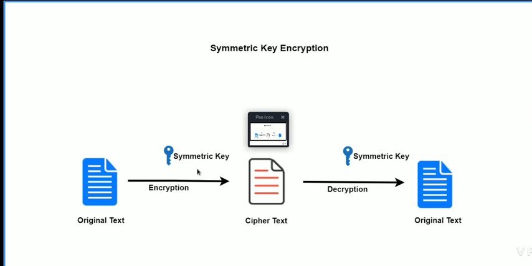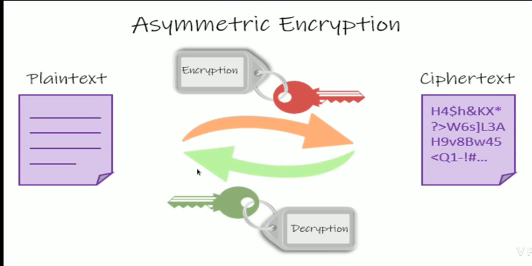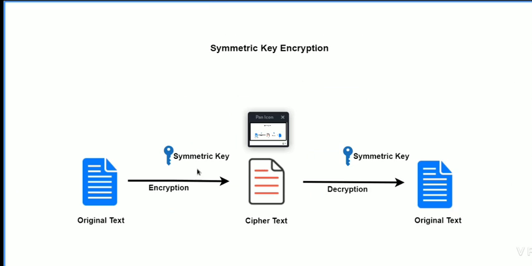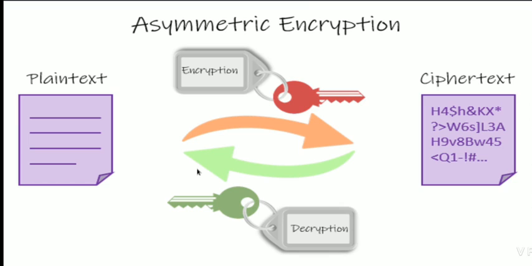Whereas in asymmetric encryption, if a person is using the public key for encryption, then he must use the private key for decryption. Or else, if a person is using a private key for encryption, he must use the public key for decryption. It is just like vice versa. Whereas in symmetric encryption, the same key has to be used at the sender and receiver side, in asymmetric encryption two different keys have to be used at the sender side and receiver side.